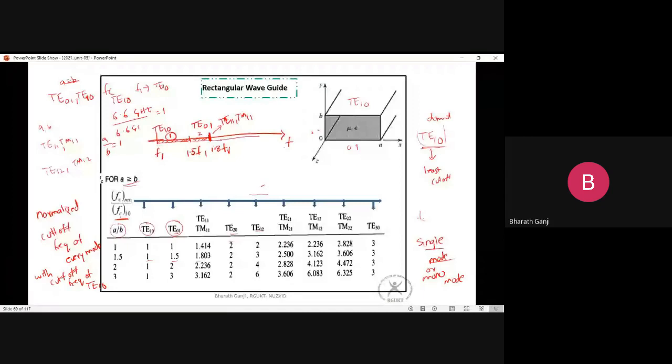ఈ బ్యాండ్లో ఏంటంటే you have to deal with even more, like 1 to 4 మోడ్స్ దాకా ప్రాపగేట్ అవ్వచ్చు. సో ఈ కేసులో సింగిల్ మోడ్ ఆపరేషన్ పనికి వస్తుంది. You can see the rectangular waveguide, in this case the single mode operation is possible. ఓకే, అయితే ఇంకో కేసు చూద్దాం. ఇంకో కేసు ఏంటి అంటే this case,